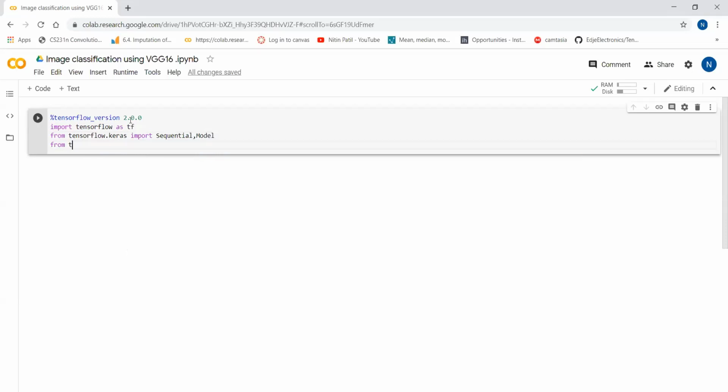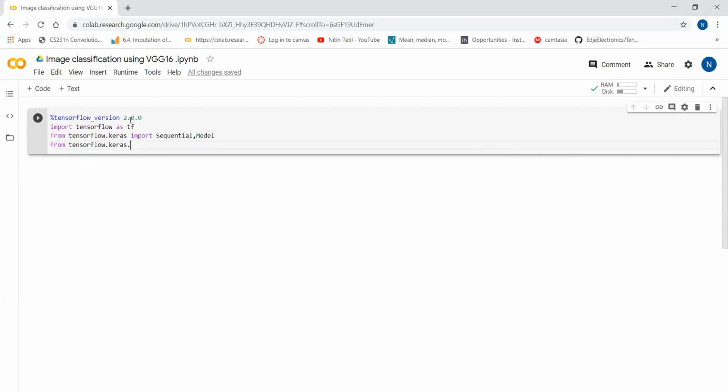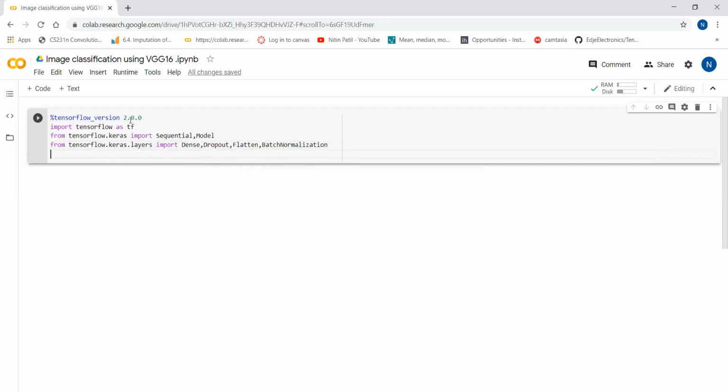Then from tensorflow.keras.layers we will import first Dense layer, then Dropout layer, then Flatten layer and BatchNormalization. Those layers we have already used in previous videos.